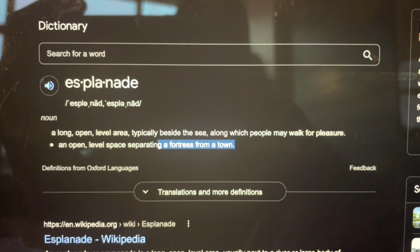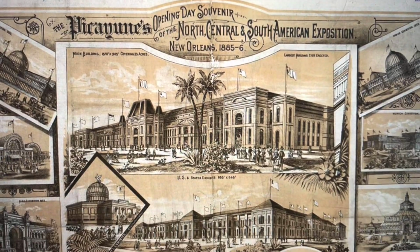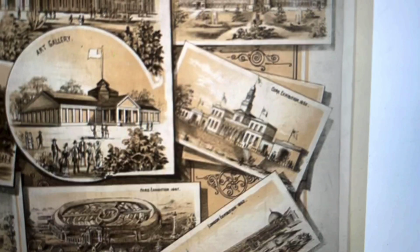So this is the Esplanade Monument, and if you look up the definition of esplanade, it's an open level space separating a fortress from a town, which we will see in a couple seconds about the fortress factor of New Orleans. And these are just some of the expositions from around the world that they're showing off,